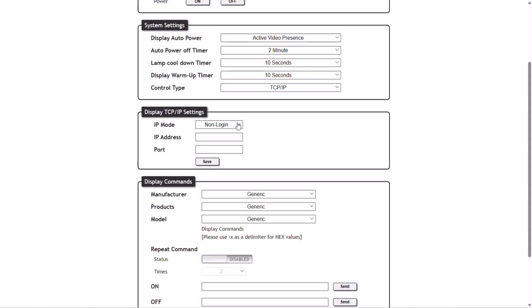TCP/IP. Non-login basically means that there's no authentication or user password required to access this device. If you select the login, you will want to fill in those fields. You will also need to know the IP address and port that is to be used to talk to the